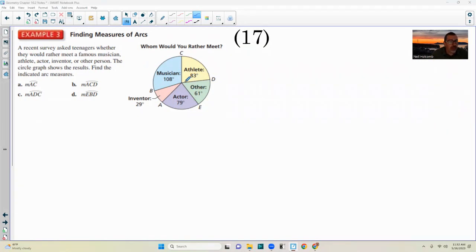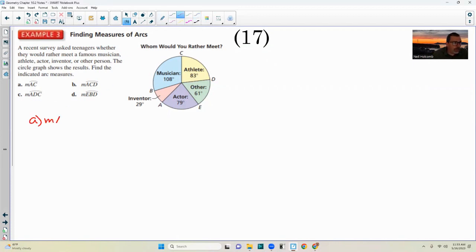Okay, so if there's 360 degrees, for example, if they asked 360 students, 83 students said they would like to meet an athlete and so on. So 83 out of 360 is this percent of the circle. All right, so A,